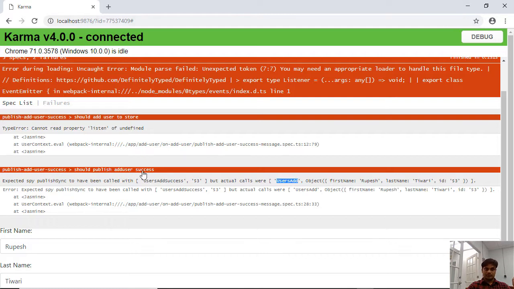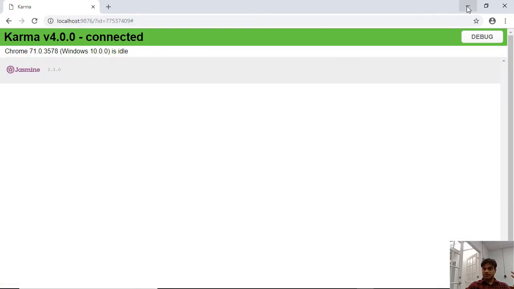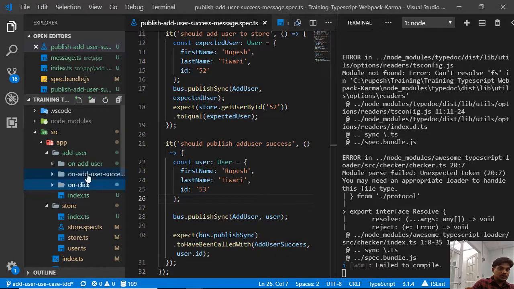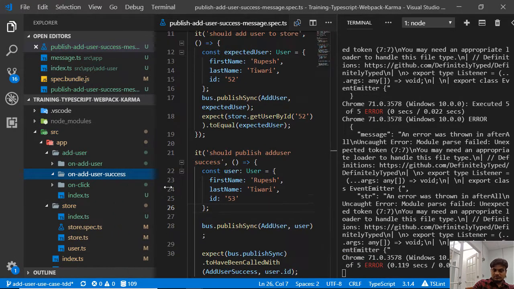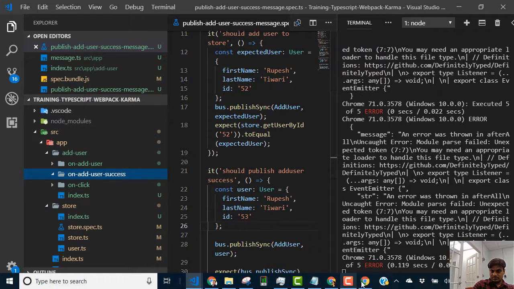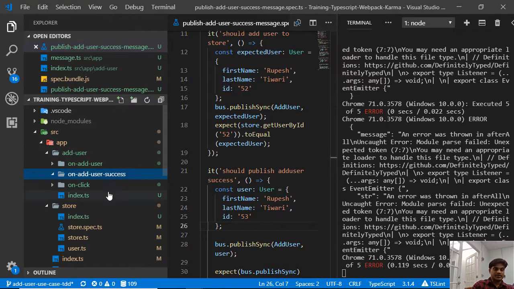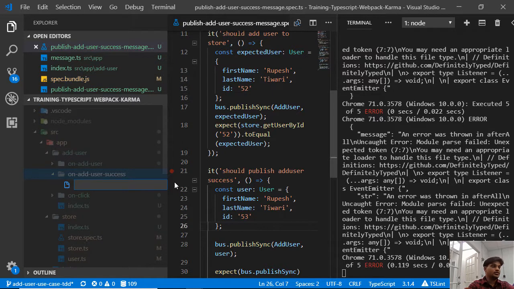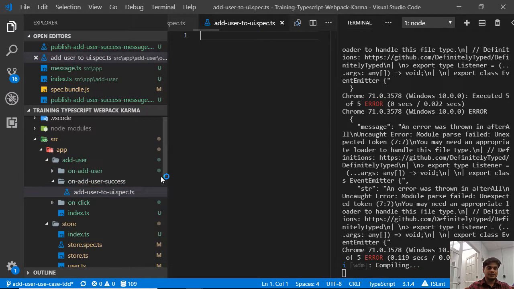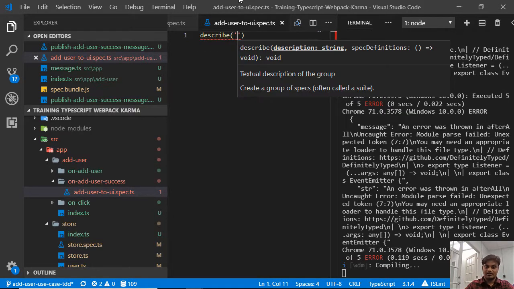What happened now? Oh, it is running the old code. Okay, sorry. So on add user success. Good, right? Still passing, right? All of our tests passing. So the last one is on add user success. What should we do? Let's create a component called add user to UI. Let's call it something like that, right? This is our last test, and we hope after that our website should run, right? And let me stop this